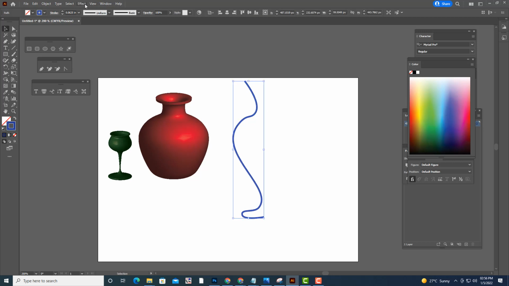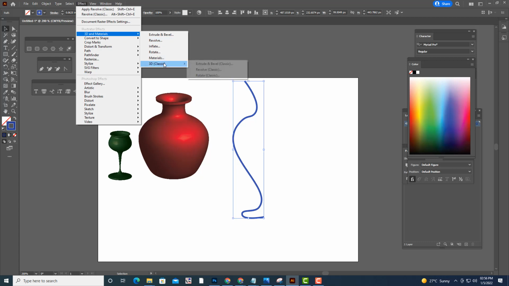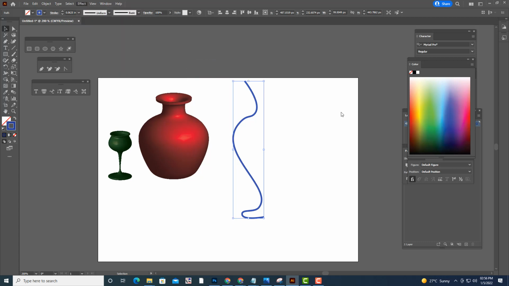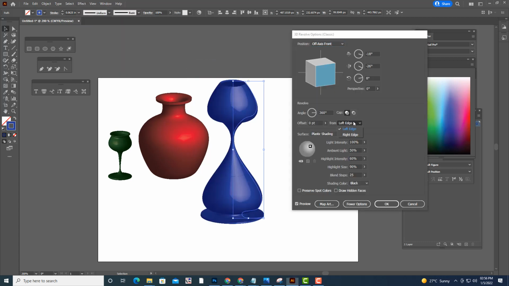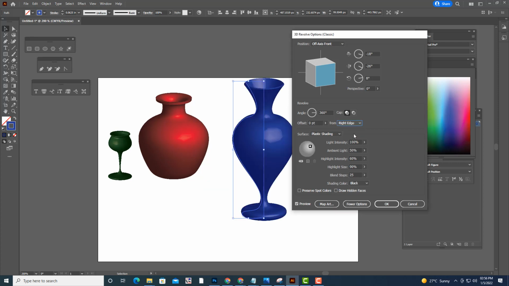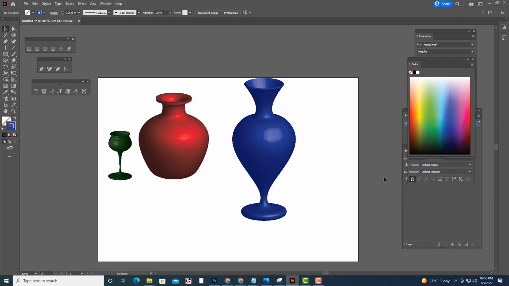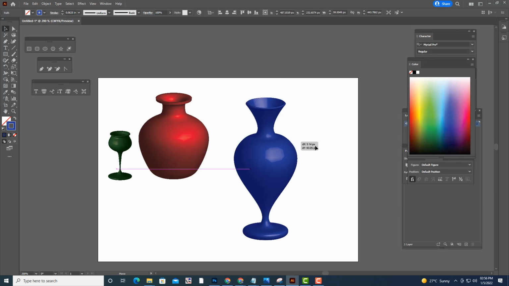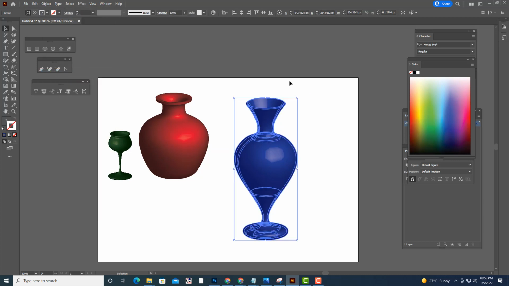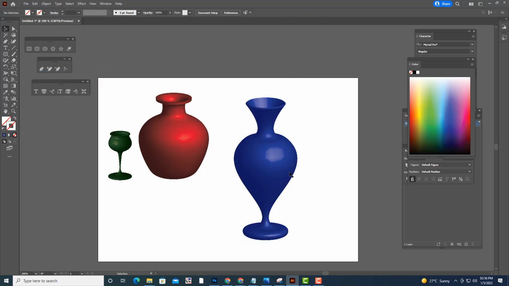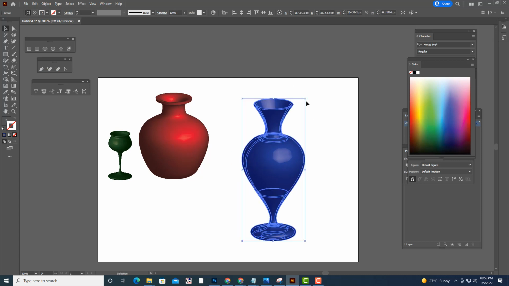So we can create different types of flower vases. See, see this. So you can then go to object, expand appearance. So this is a flower vase.